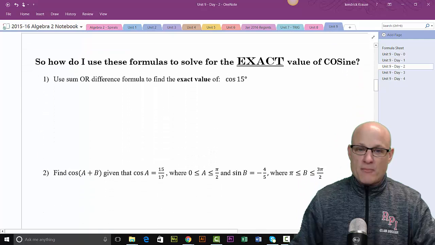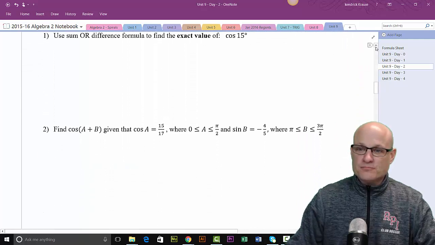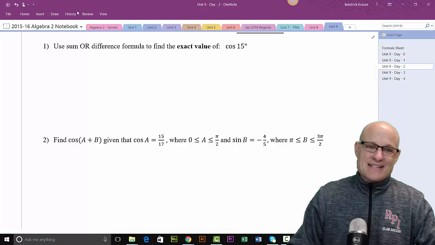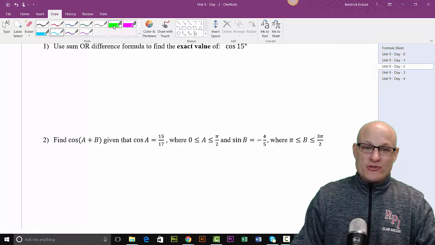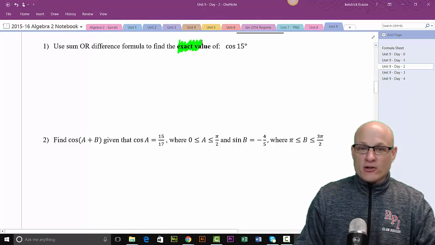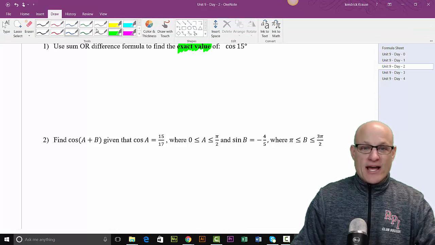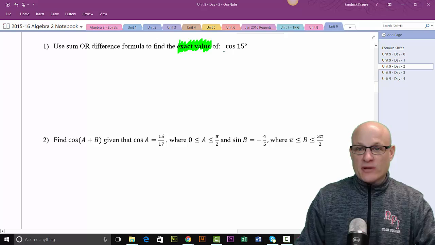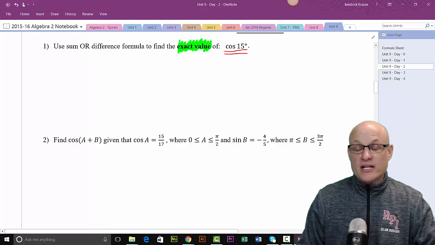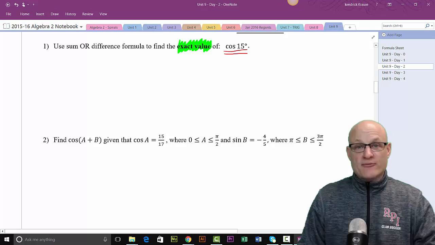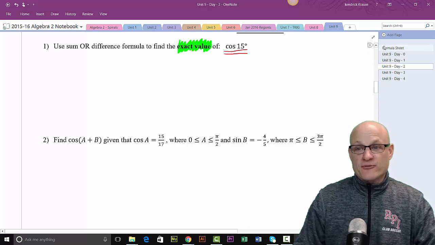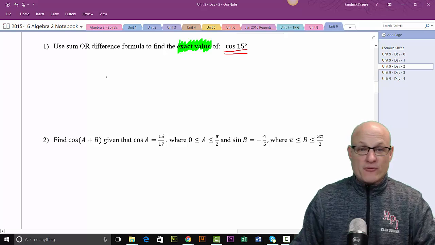All right. So when I say exact value, you say, put your calculator away, right? Exactly. So if I have to do this without using my calculator, but I don't know anything about 15, just like with sine, you have to use your formula sheet, and we have to come up with some way of making up 15. So before I even go to my formula sheet, because I'm going to use my sum or difference formula,